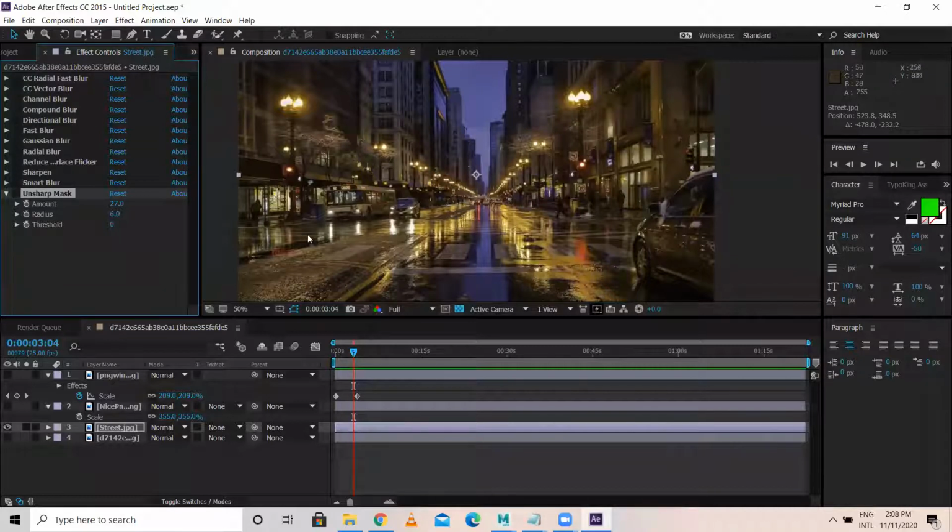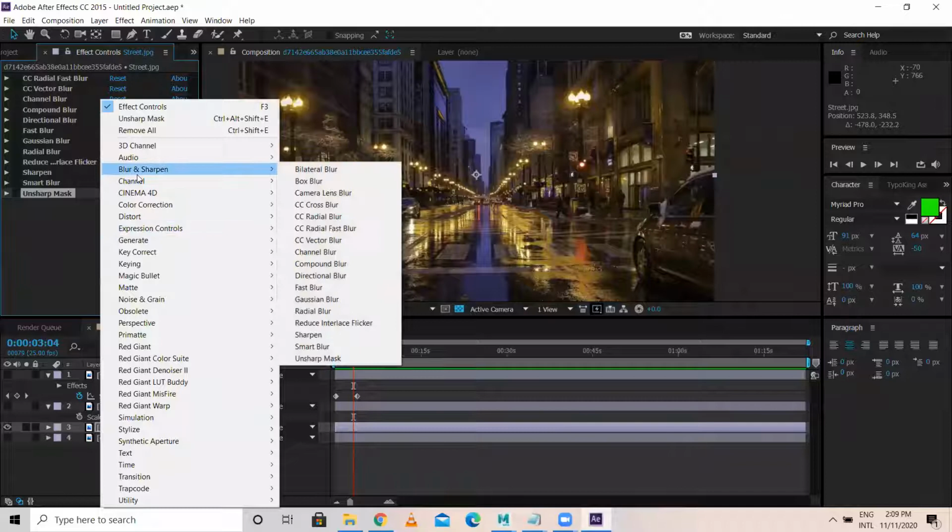Okay, actually with the help of unsharp mask, we are getting more detail here. The road is even more clearly visible. A lot of details are adding. So any doubt is there in this? You just have to explore these things for the image and for the video, then you will get to know the difference. Okay, so this covers blur and sharpen.